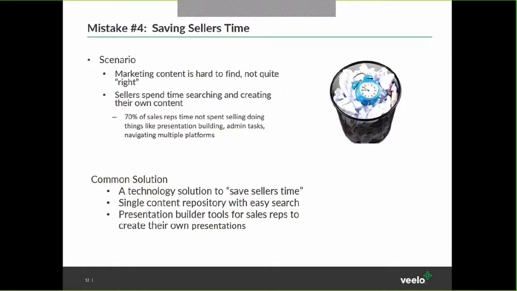Mistake number 4, I'm going to save sellers time. So I have marketing content that's hard to find, it's not quite the right content. Sales spends too much time searching and creating their own content. And so I go in and I'm going to create a solution, I'm going to save them time. If I can only give them back 2 to 3 hours a day, think about how much more productive they'll be and how much more they'll sell. So you do something like another sales portal, content repository,